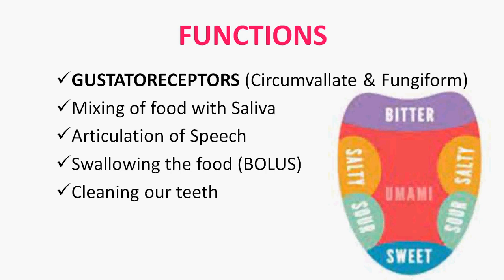Okay. Next is the articulation of speech. Now the tongue has a very important role in our speech. When we are speaking, we use our tongue. It articulates with various parts of our buccal cavity to pronounce sounds. Suppose we have to pronounce the letter L, you can see that our tongue touches our teeth to say L. If you have to pronounce a T sound, our tongue touches our palate.